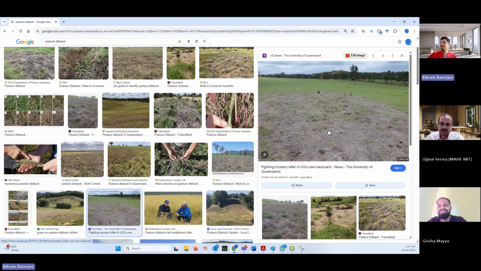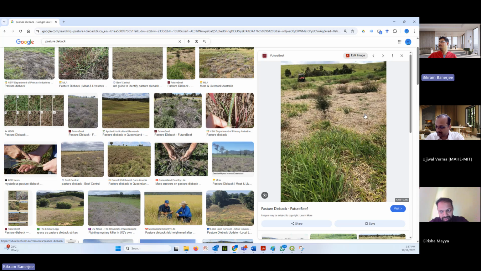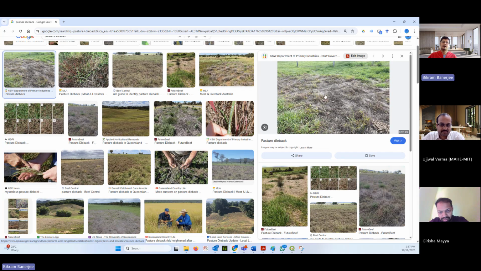Just right after it dies, because there's no grass, there's no competition from grass anymore. So the other secondary weeds start coming, and that becomes very difficult to manage. Now we don't have a solution for how to regulate it at the moment, but what we are trying to do is find mechanisms where we can detect pasture weeds, symptoms like this, early on in the field, because say this is a small patch. If we can detect it early on, then we might be able to put some safeguards